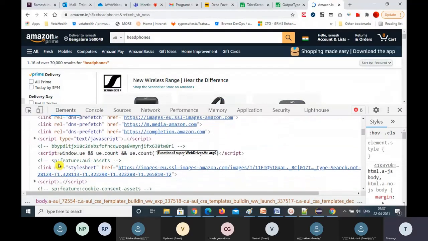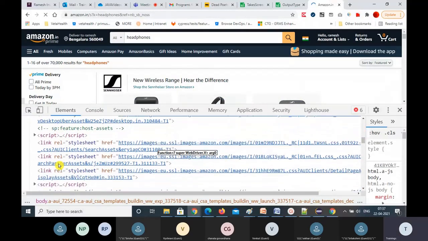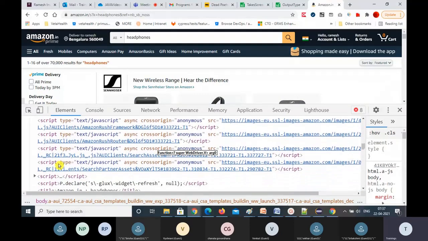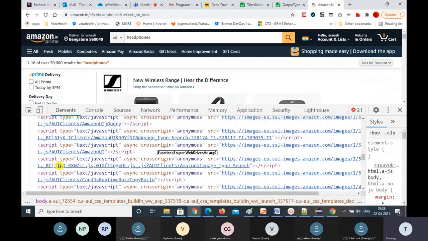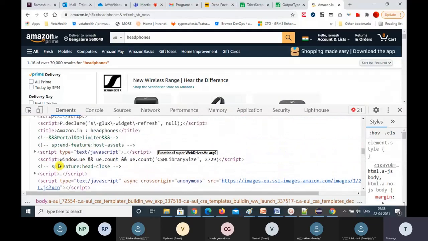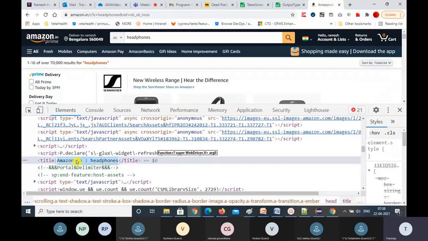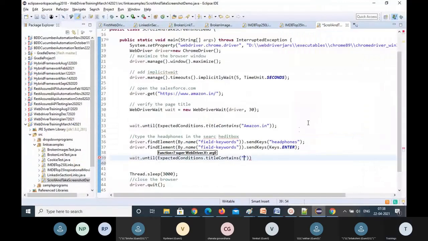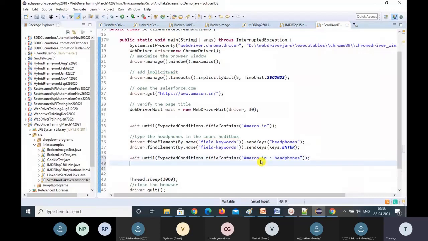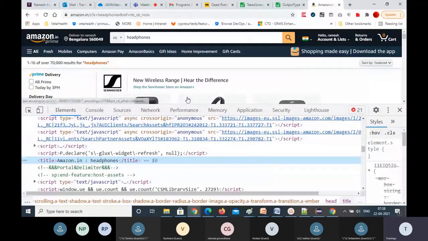So title tag, look for the title tag. In the head tag inside only, the title tag will be there. If you're not able to find out, so what you can do, here it is. You can search also. You can perform a search also. So not necessary you have to keep on searching. You can search the title tag. After that, I'll wait for this element. See that this results I'll wait.